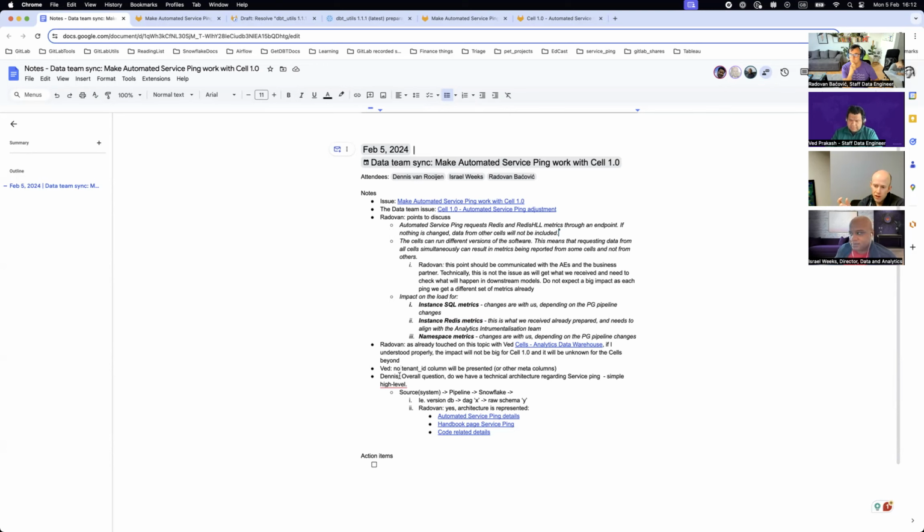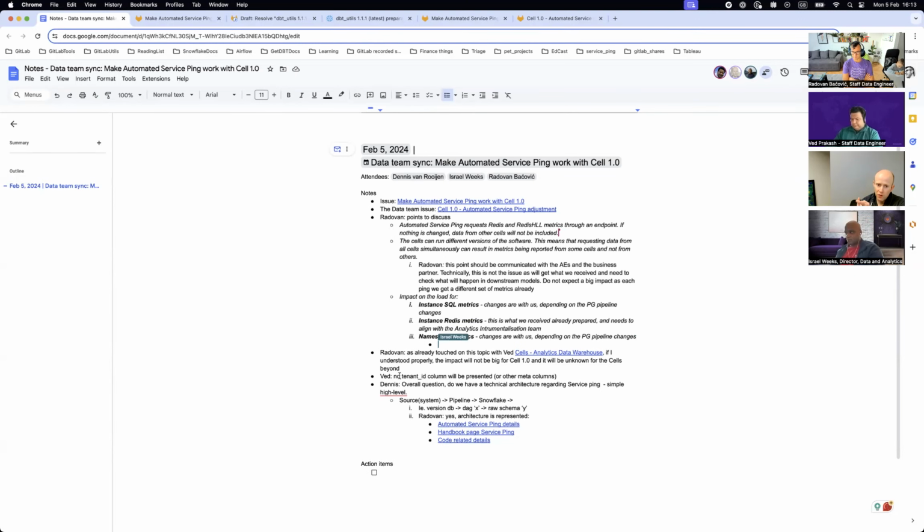I think technically there are no changes needed, because namespace metrics executes a set of queries on top of the raw data. Well, because of the fact the raw data is not changing, those same namespace queries you can execute on top of that raw database or the web database. Yeah, that's a correct statement. One thing that I think we are not sure about, maybe Ved does know that, is